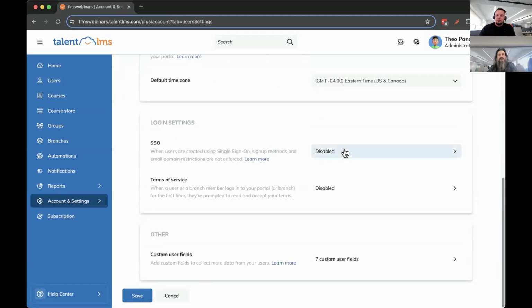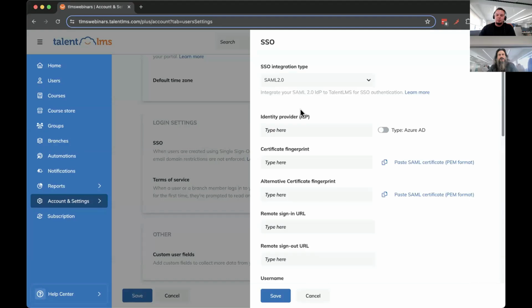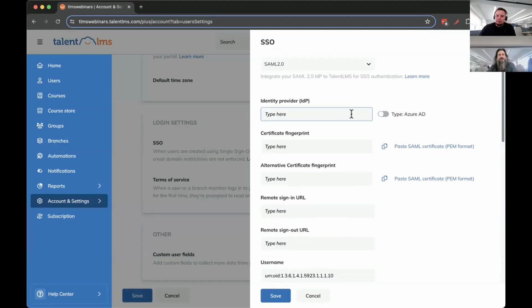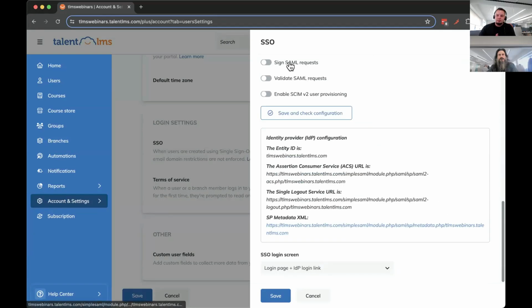At my portal, it's disabled, but of course, I can go ahead and choose which SSO provider I want. For example, let's go with SAML. And there, this is where your IT person comes into the picture. You go ahead and configure the related fields, and then again, work with the settings, save, and that should be